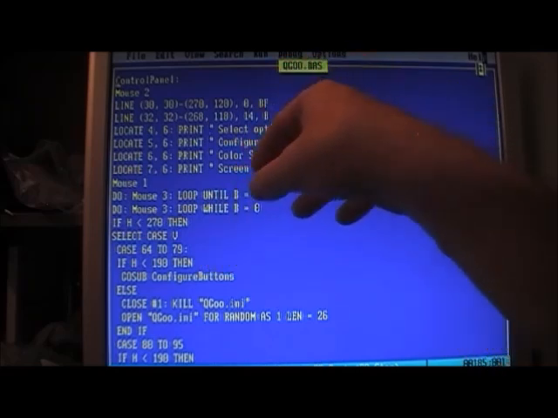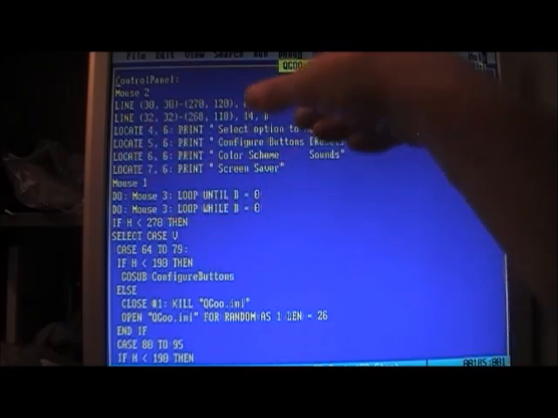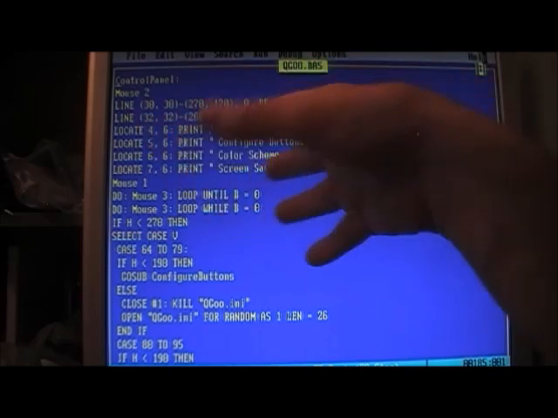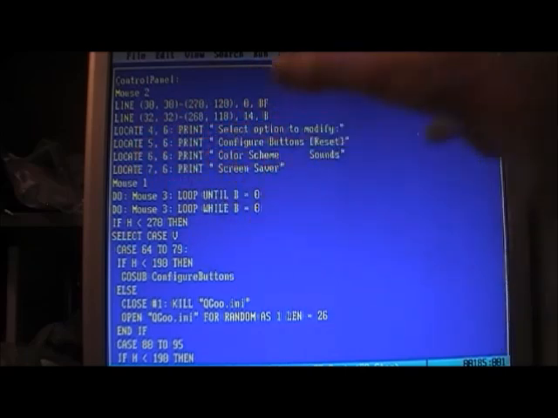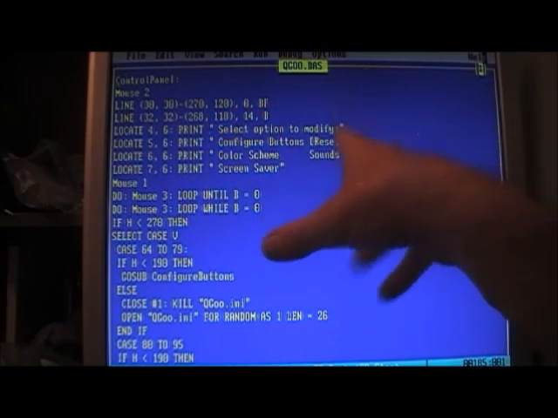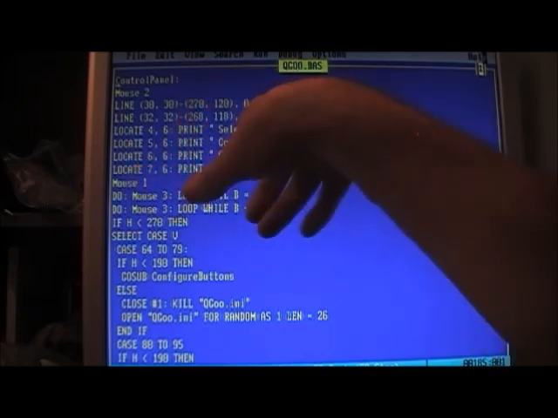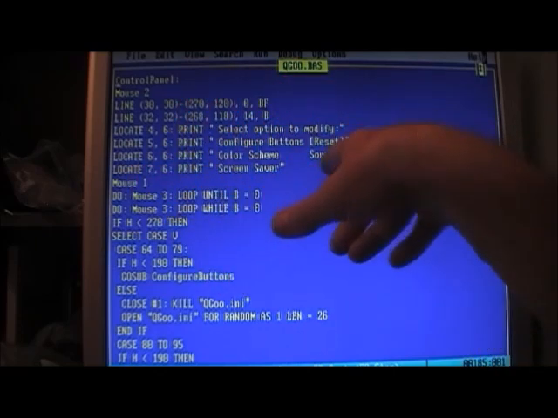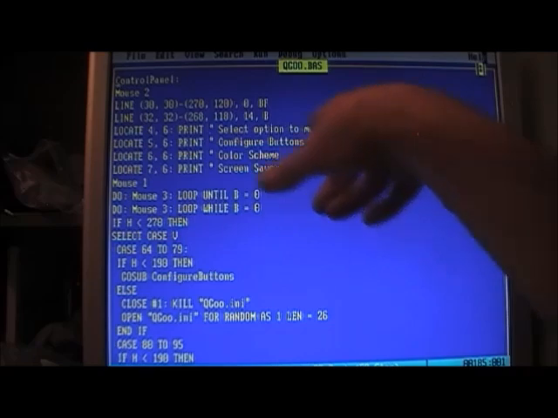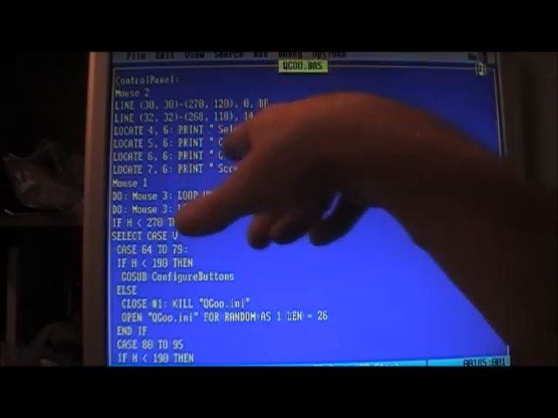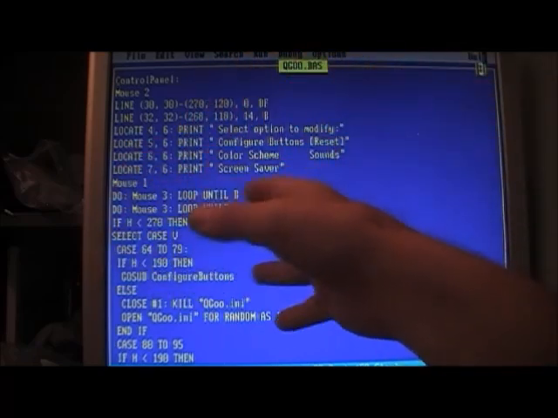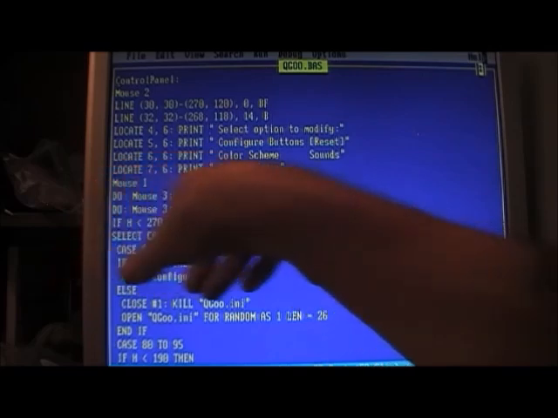So this just waits until we release the mouse, because we don't want to immediately, if we click on color scheme, oh, we want to change sounds or whatever. We're waiting until we release the mouse. Now we loop until we press the mouse. Now we're either over configure buttons or reset or something. We've put the mouse pointer where we want it. We've clicked on this or that or whatever. Now we want to do something. So once we get to this point,